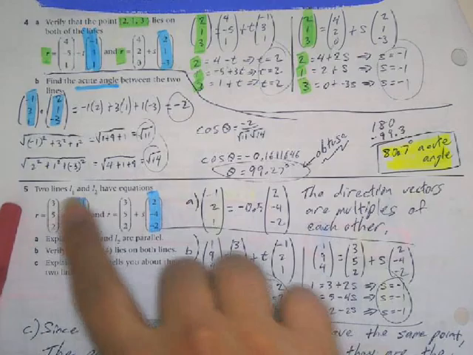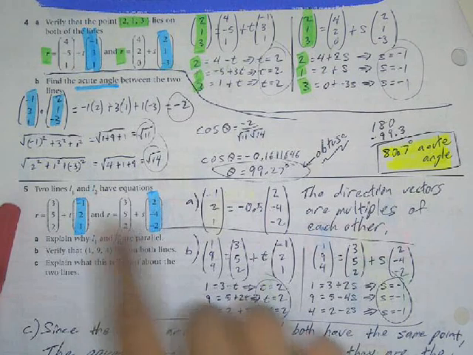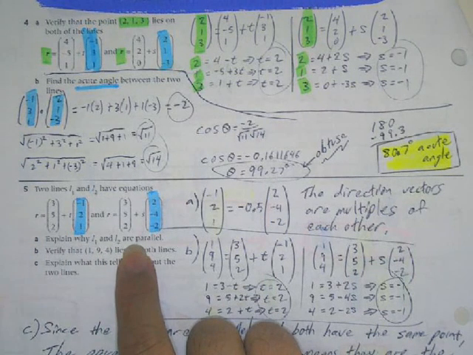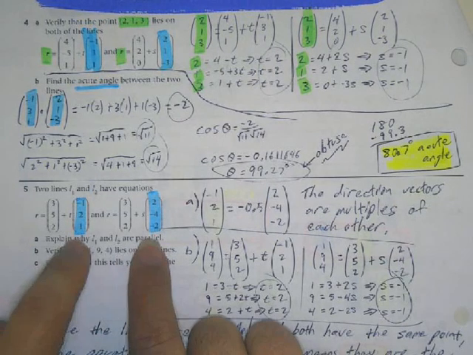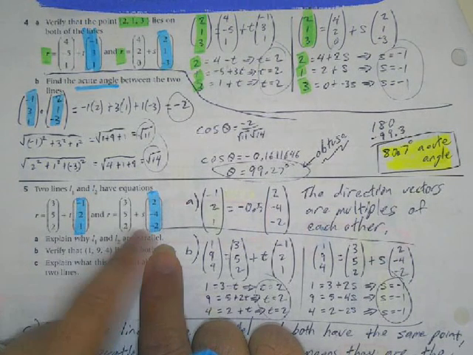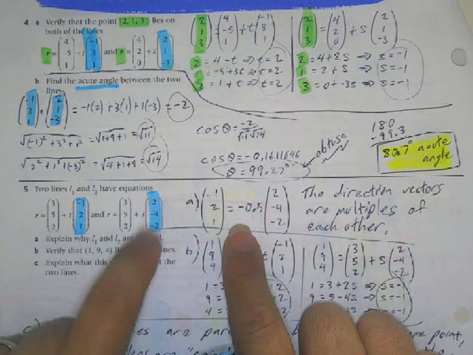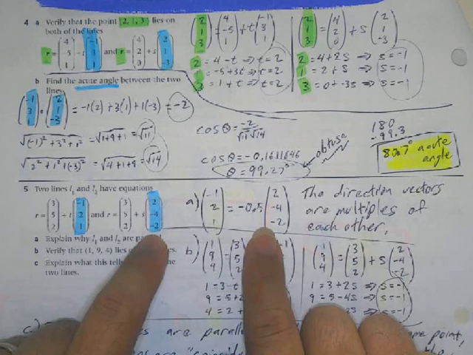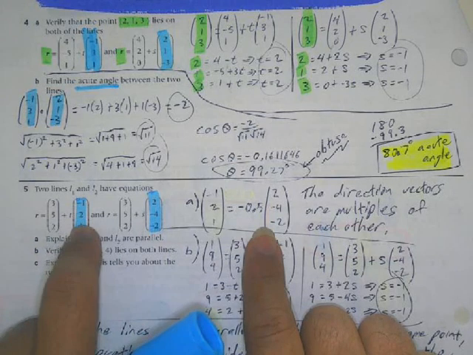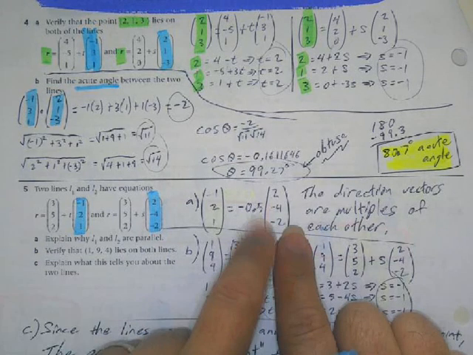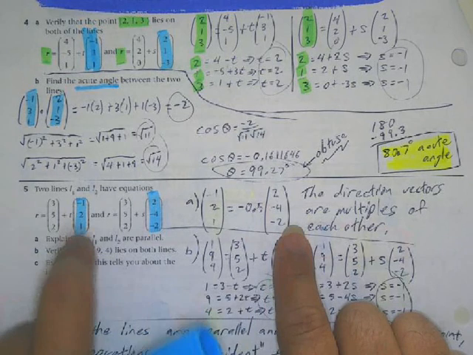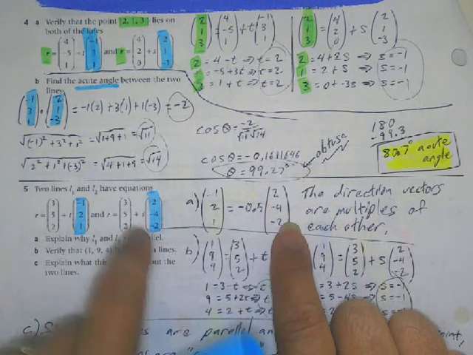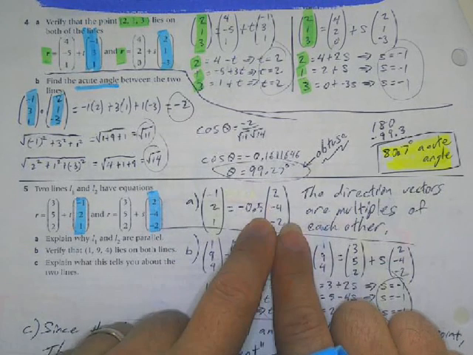Two lines are given here. Explain why these are parallel. The reason these are parallel is this second value, the 2, the negative 4, and the negative 2, is the same as this, except we just multiplied this equation here by negative a half, or if I multiplied this one here by negative a half, then I